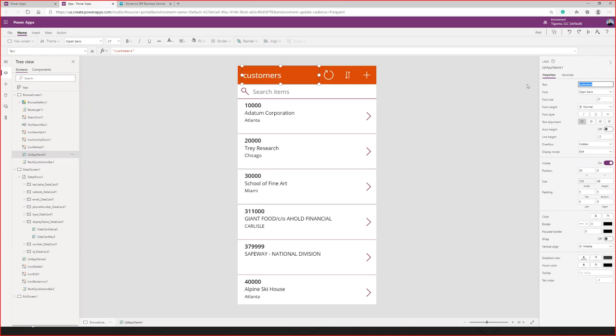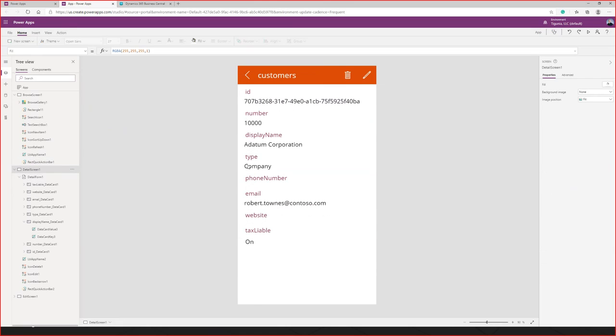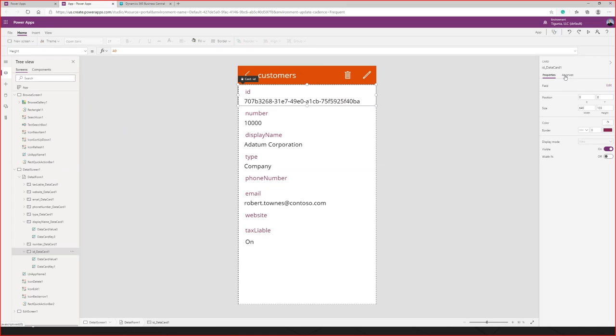I really want to change that to customers. So we'll capitalize that. You can change a lot of different parameters on it. Okay, so the initial detail screen, come down here. Okay, I don't like ID on here because this is going to be meaningless to the user. So I can come down into the ID section, and I'm gonna hide it.